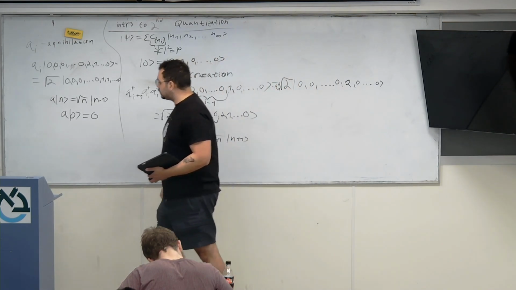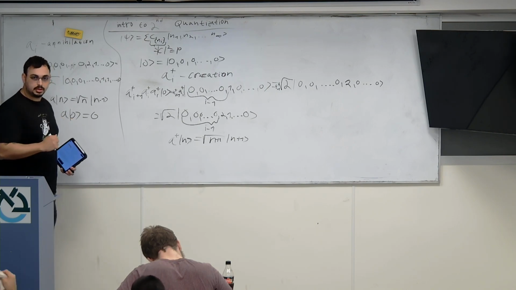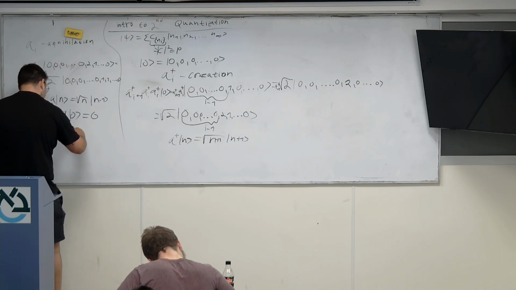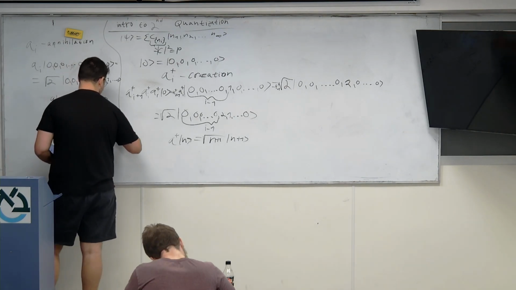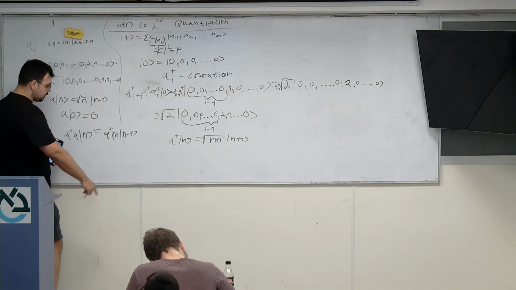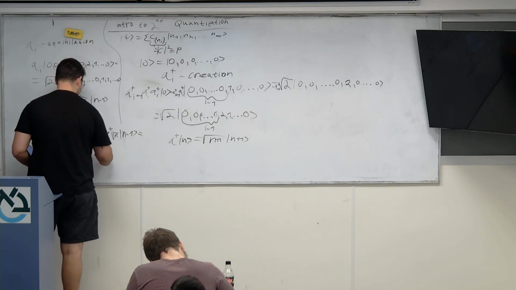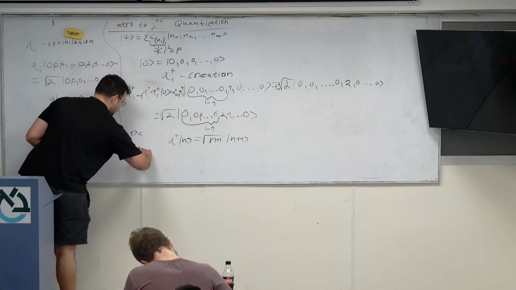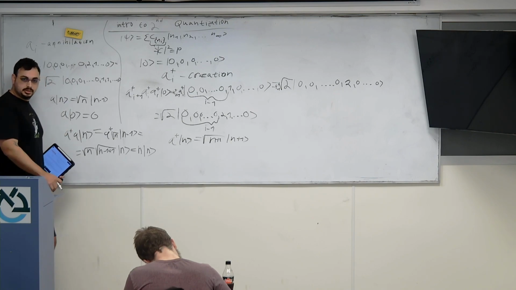A very important thing that we can see is that by combining a and a dagger, we can physically get a count out of our state. What do I mean by that? If you write a dagger a on the state |n>, we get a dagger times square root of n times |n minus 1>. Numbers I can move to the side. So I get square root of n times square root of n minus 1 plus 1, times |n>. So we have a very nice way to write the number operator.